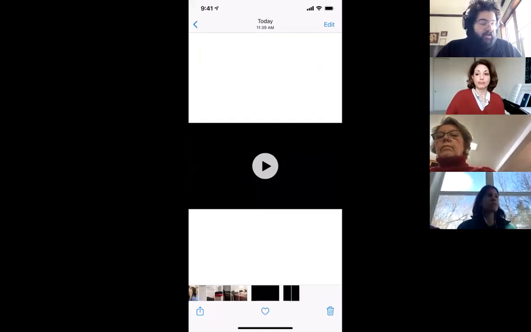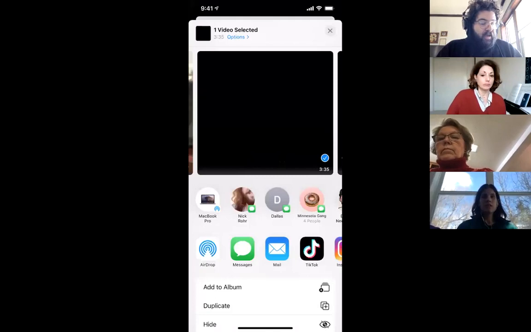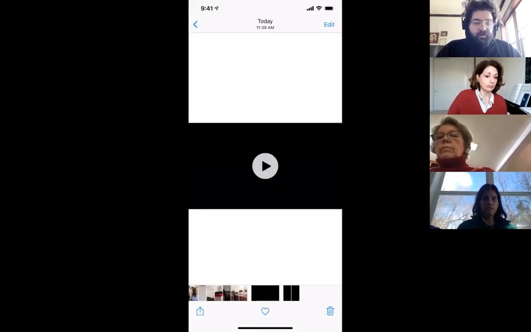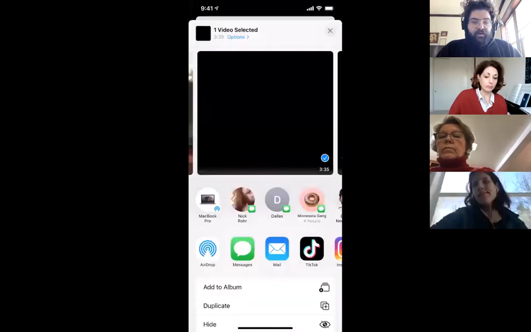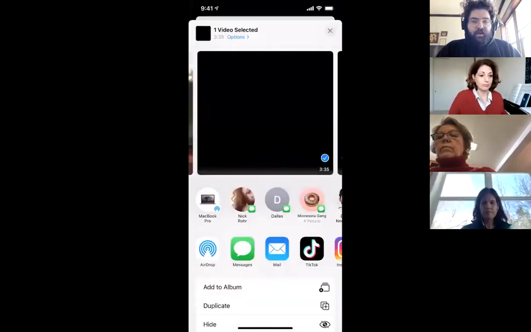If I wanted to do the reverse operation, hit share like you normally would to share to somebody. At the bottom left-hand corner, there's that share symbol, the square with the arrow going up. You can tap that and that'll show you the share menu. And as long as your AirDrop is on, like we showed before, by going to the Finder and going up to Go and then going to AirDrop, or trying to find it on the left of the Finder window, hopefully this will show up. Basically, it says MacBook Pro there.